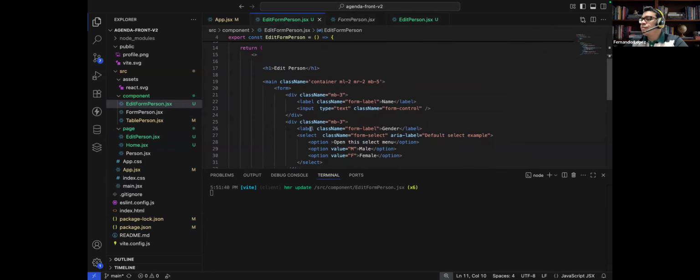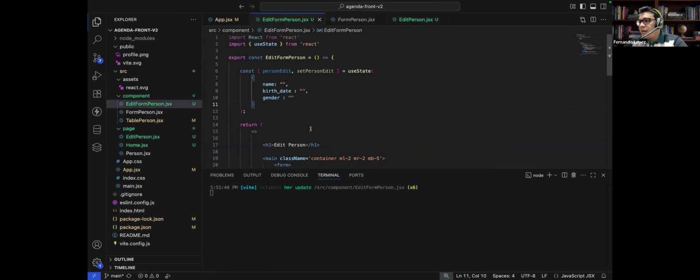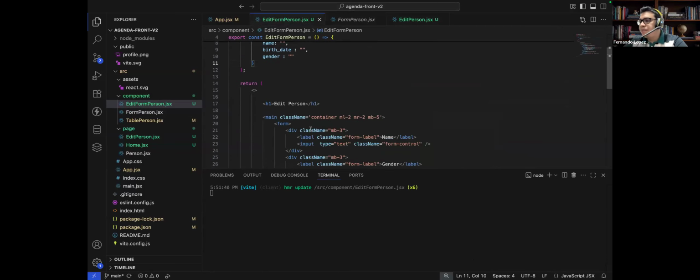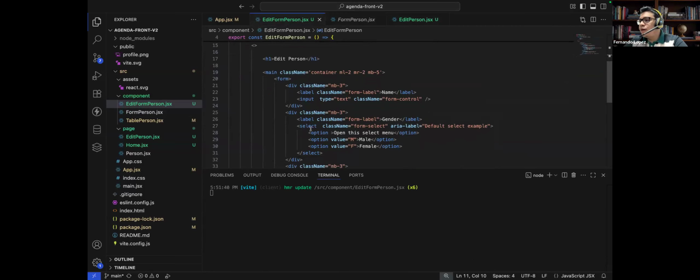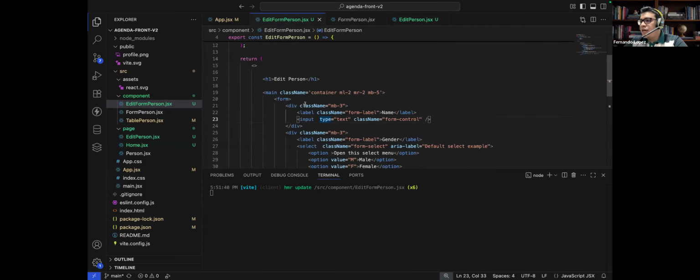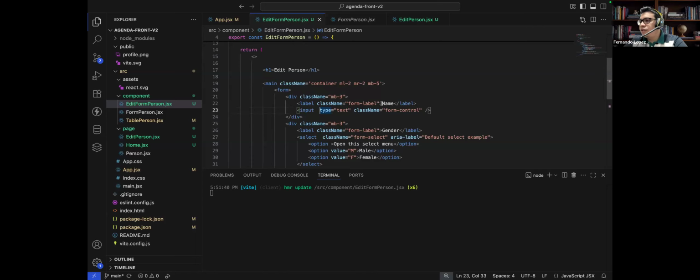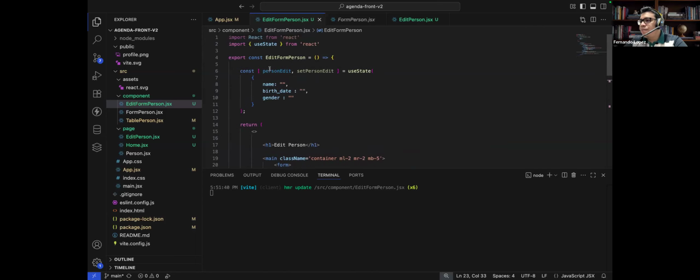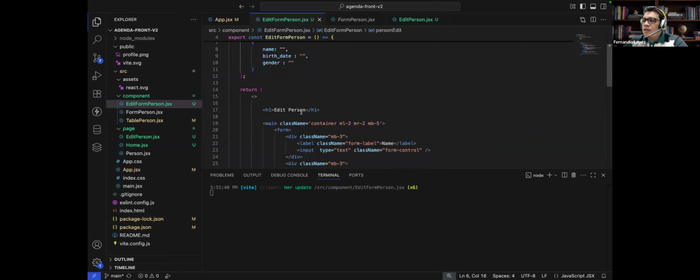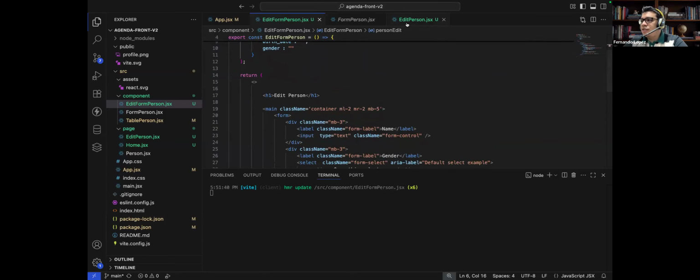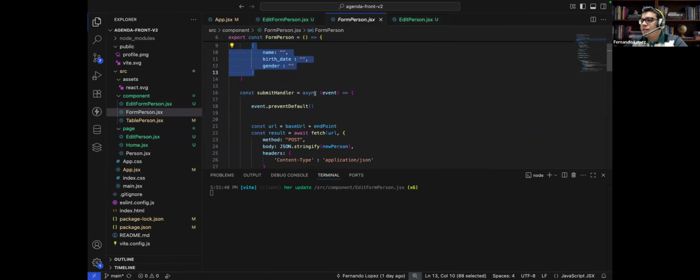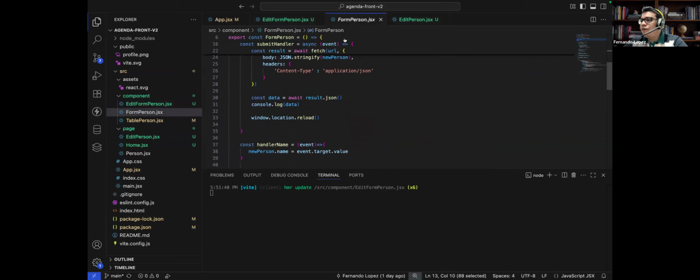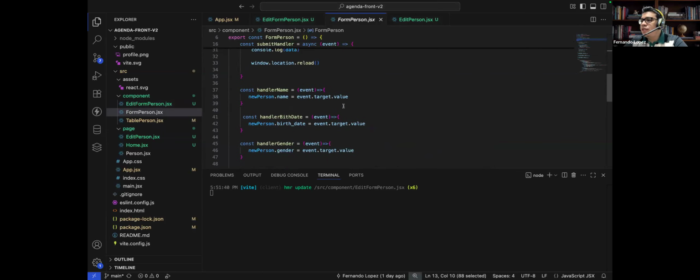Okay, so right now the name, the birth date, and the gender, they are empty. But we're going to create the binding between the input name that we have here. This is the input name. It's going to be this one, right? So I remember that I told you guys that we can manage every modification for every input using a handler for every input, right? But there is another way that you can